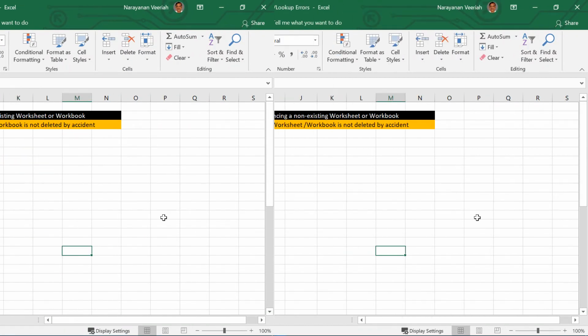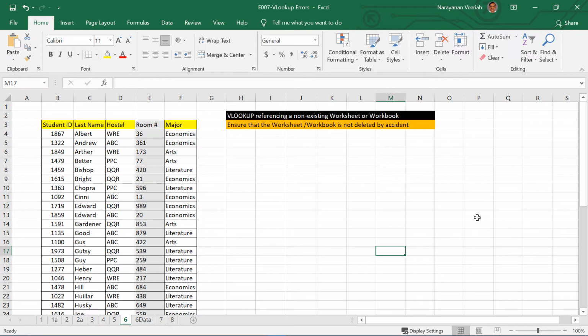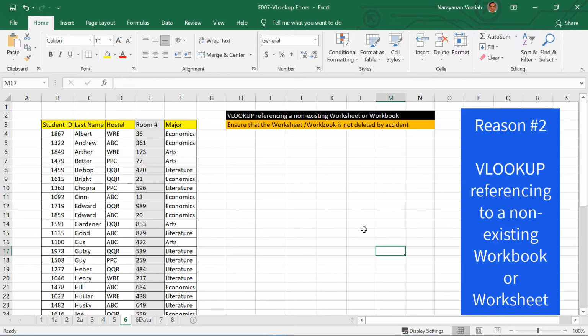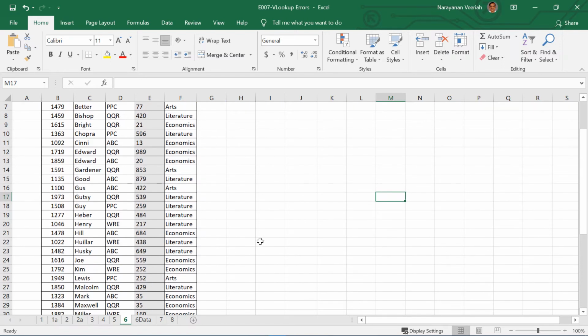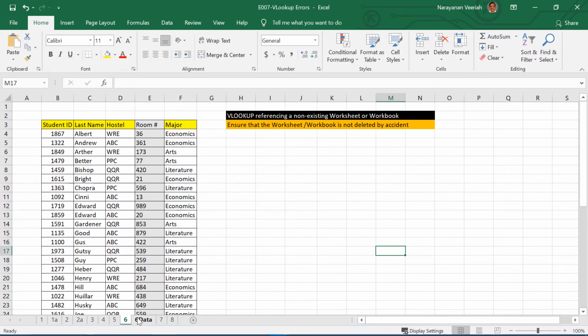You may also get the #REF! error when the VLOOKUP function is trying to reference a non-existing worksheet or workbook. Here in this example, we are combining the data from worksheet 6 data and then returning the values for room number in column E. It has returned the right values here because you have the worksheet that has been referenced.